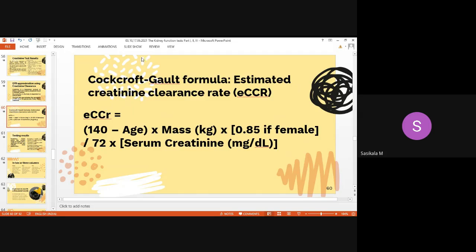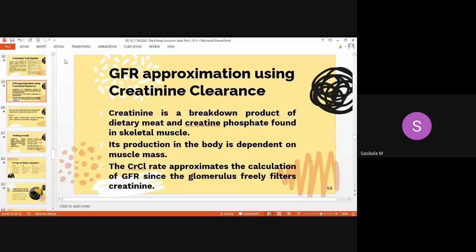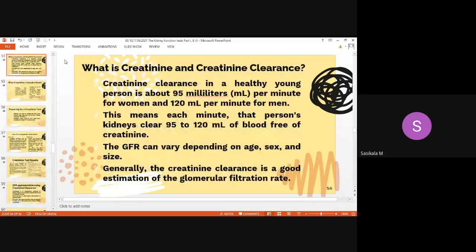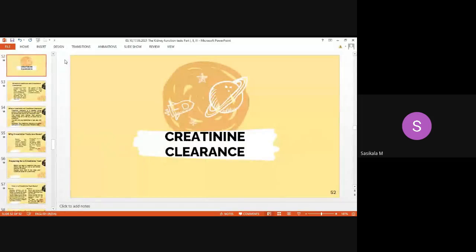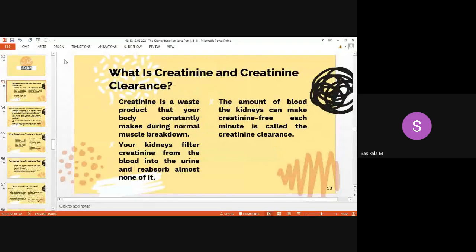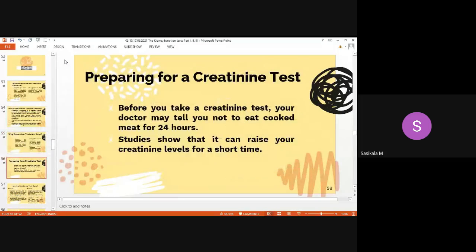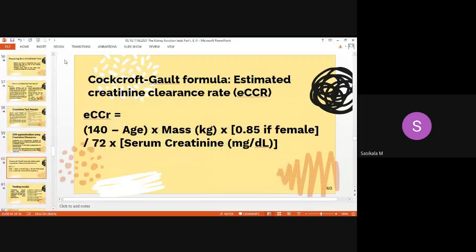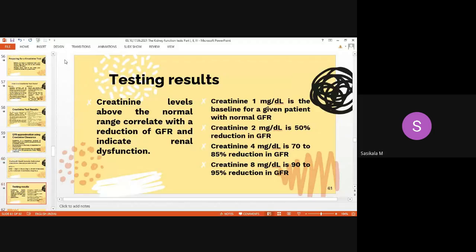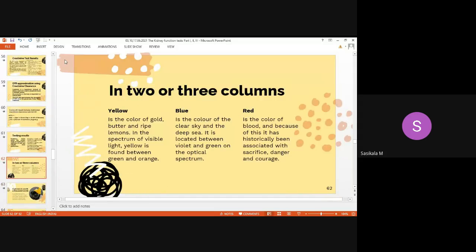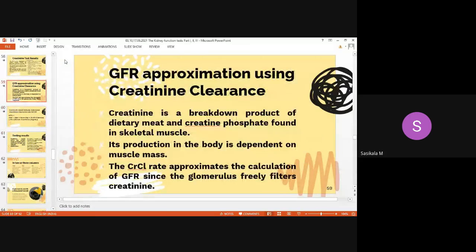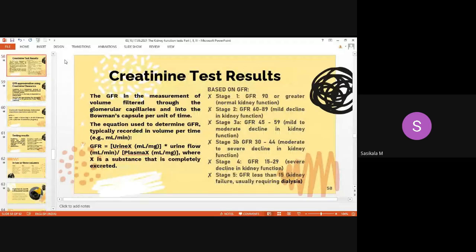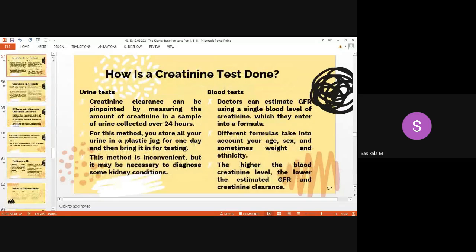Now are you clear with the creatinine clearance test? You have done the quantitative estimation of urine creatinine and blood creatinine, right? That is to know only the normal level of creatinine. That is to be substituted in the formulas given to calculate the GFR rate and creatinine clearance rate. Then we can come to the conclusion about the kidney function, whether it functions normally, or medium function, or kidney failure can be monitored. Okay. This is the important topic under kidney function test.